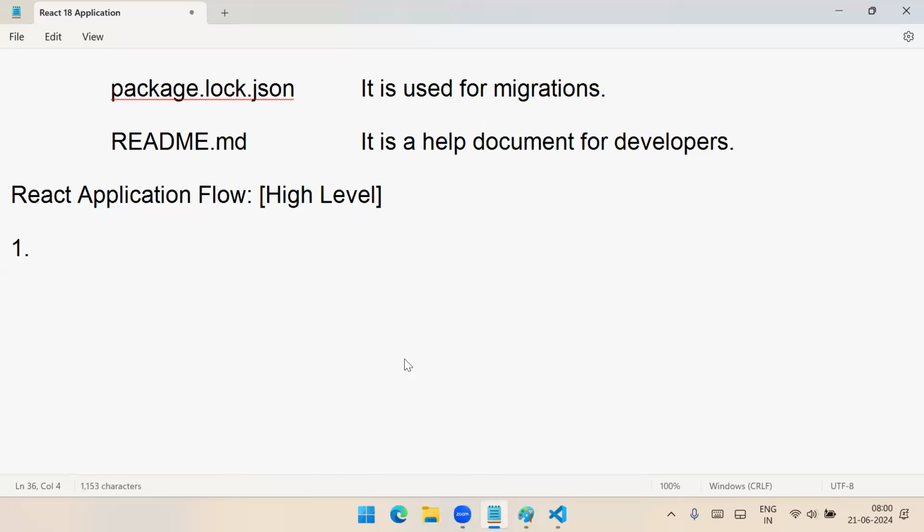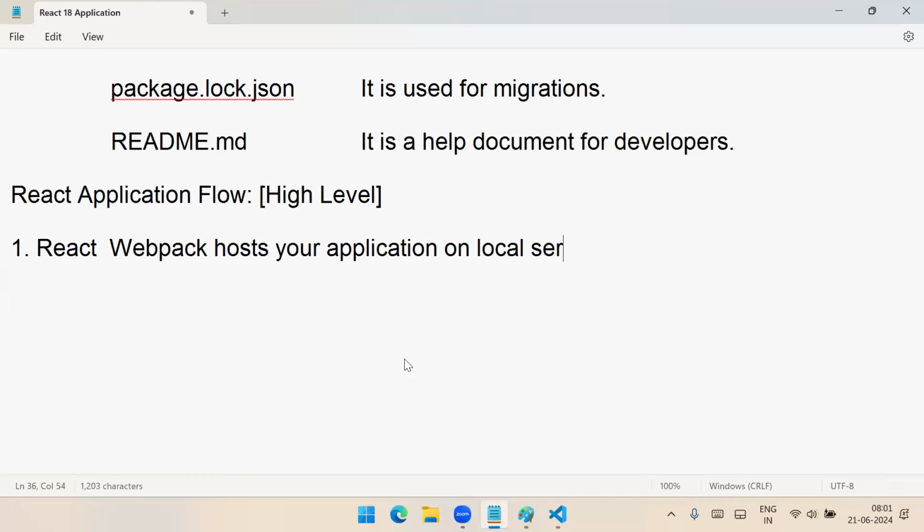And what this React application has is an inbuilt server. That means React Webpack. Currently we are using NPX. NPX uses which tool? Webpack. React Webpack hosts your application on a local server. So it creates a server locally